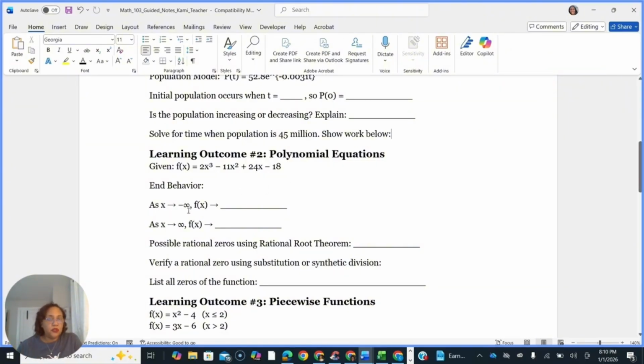So as x approaches negative infinity, and if you get confused, just look it up in your book, f of x approaches negative infinity. And then as x approaches infinity, f of x approaches infinity. So what does that look like? So if you actually take this and plug it in to Desmos or a graphing utility,